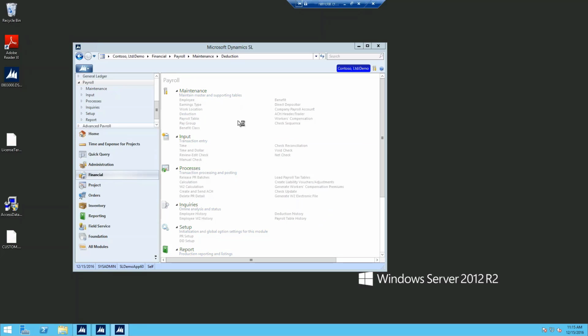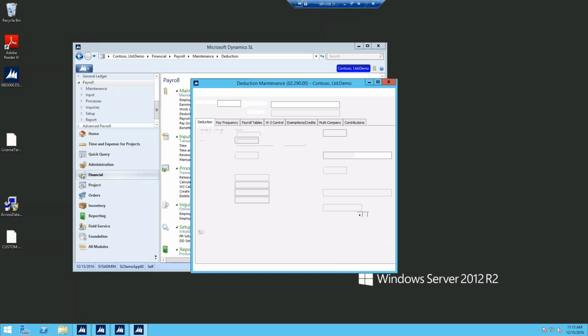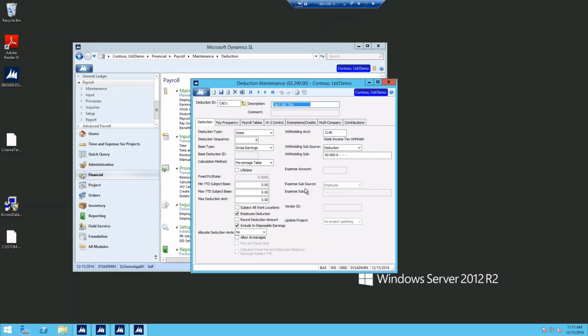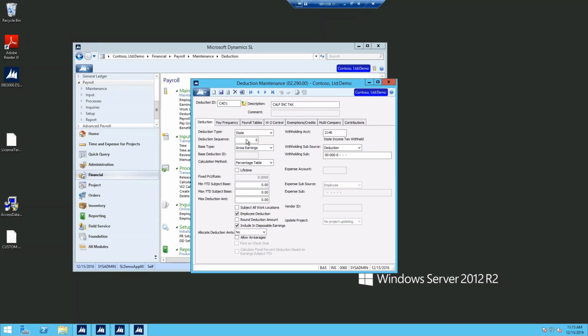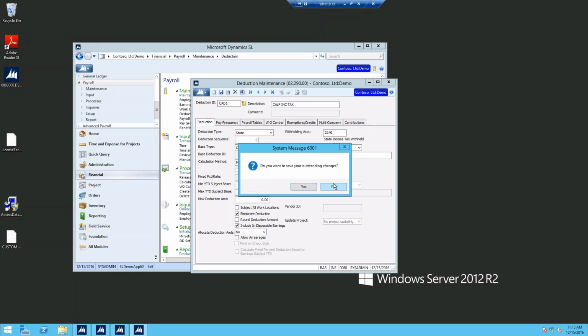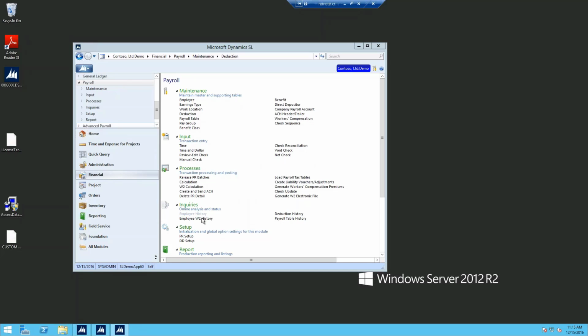The same thing is applicable to deduction IDs. If we have California tax in this example, and let's just say the amounts are not correct, we need to go ahead and make sure for the next year that the amounts have been corrected. So we need to make sure that the box number is correct, and that this deduction type says state. In this case, this is a state deduction type. Once that happens, you'll want to come down here to where you go into